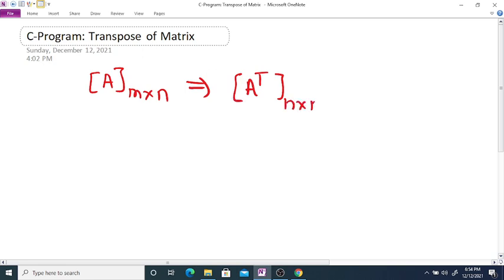C program to find the transpose of the given matrix A. Suppose A is the given matrix having order m by n, then the transpose of the matrix is denoted by A raised to t and its order is n by m. For example, if A is the given matrix, say